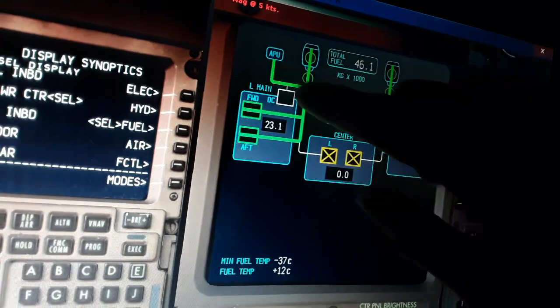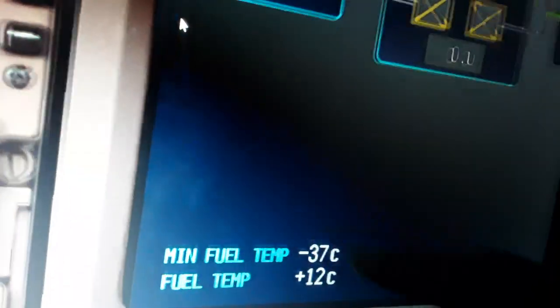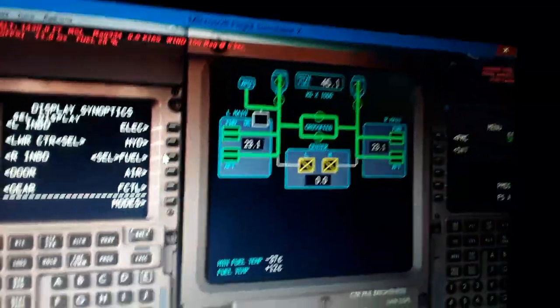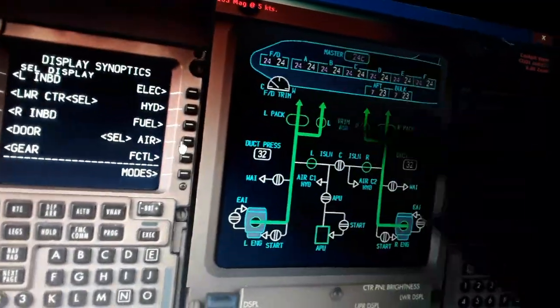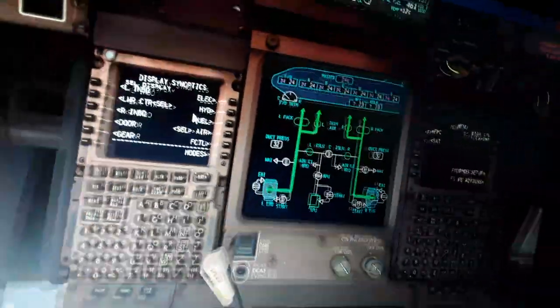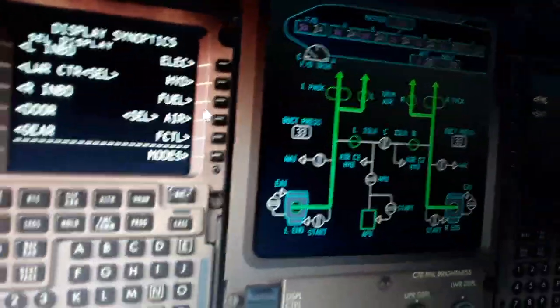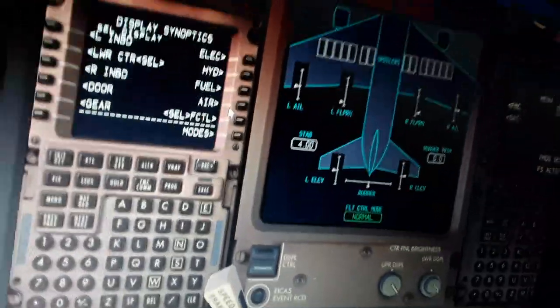And also we have the APUs fed from the left wing using the DC motor. And you can see here the minimum fuel temperature below which the fuel freezes when we fly at higher altitudes. The pressurizer from the left and the right engine, the APU need the backflow to start the engine. If we move this forward, you're going to see more pressurizer admitted, and also the flight controls, the last